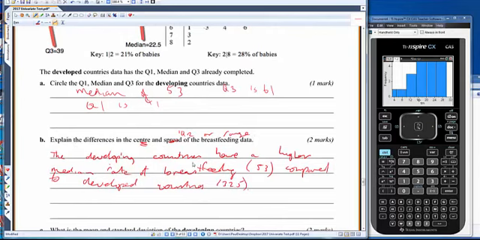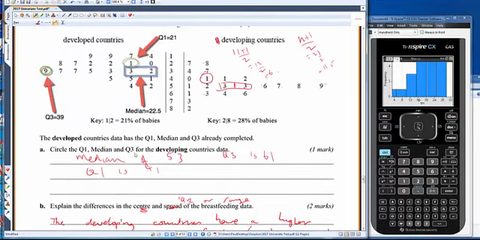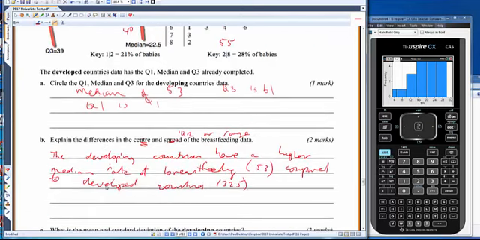Okay, and then because there's no outliers in the data, we can use the range to compare spread. So let's have a look. The spread of developing countries is 82 take away 27, so that's 82, 72, 62, 55. So the range is 55, and the range over here is 54 take away 14, which is 40. Okay, so using those numbers, then we'll say something like this: